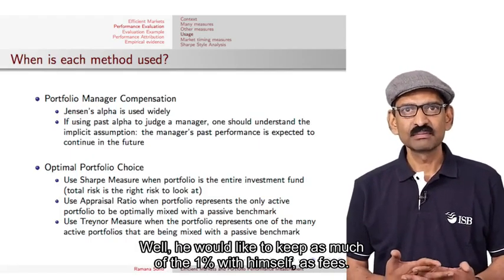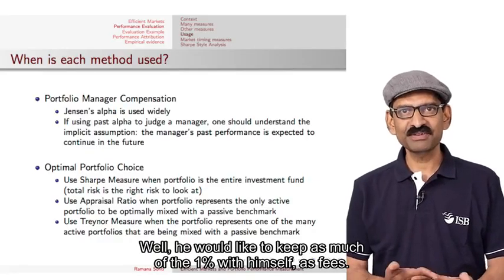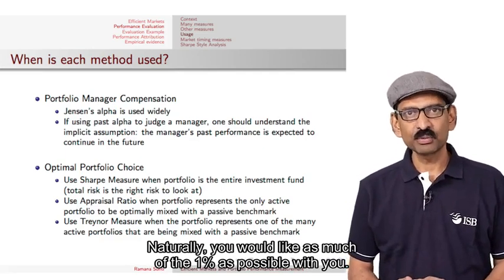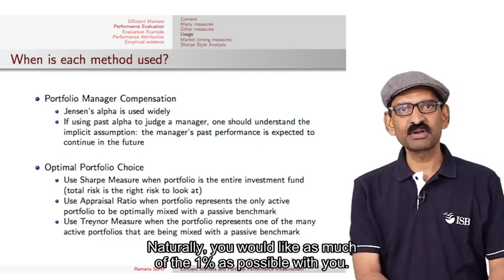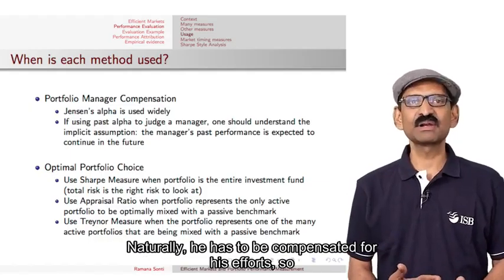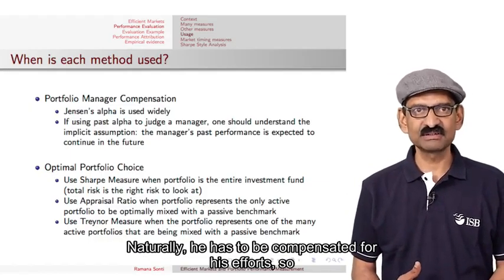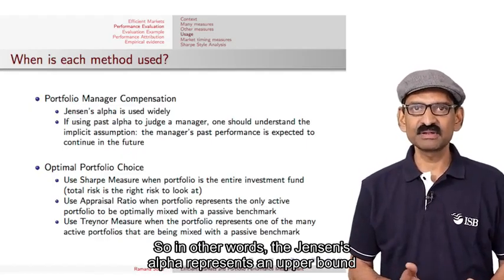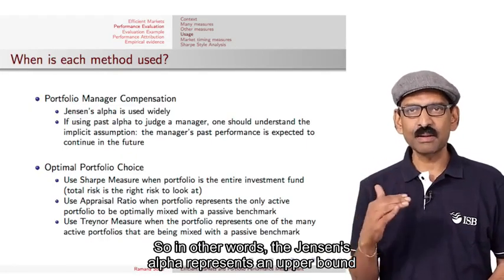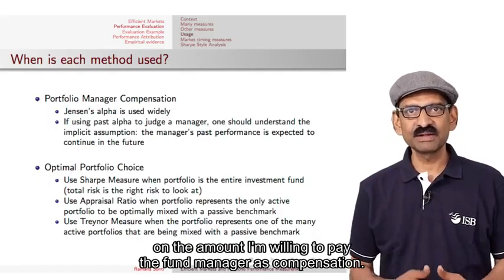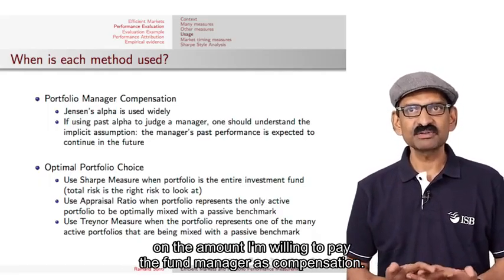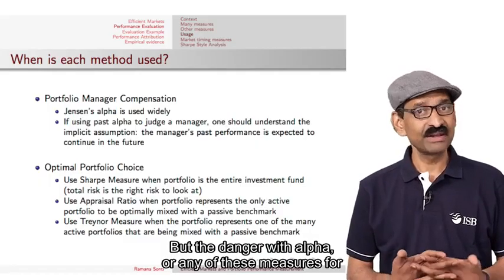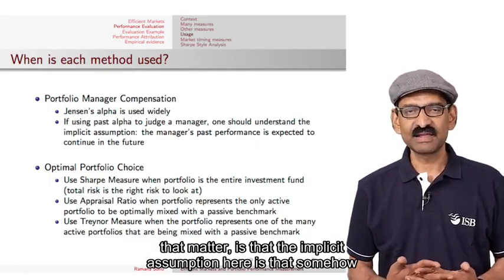Well, he would like to keep as much of the 1% with himself as fees. Naturally, you would like as much of the 1% as possible with you. Naturally, he has to be compensated for his efforts. So we are going to part with some fraction of the 1%. So in other words, the Jensen's alpha represents an upper bound on the amount I am willing to pay the fund manager as compensation. But the danger with alpha, or any of these measures for that matter, is that the